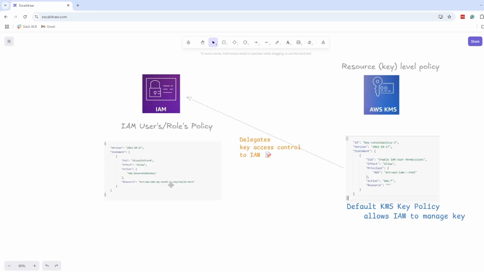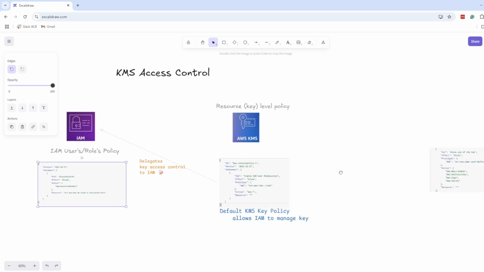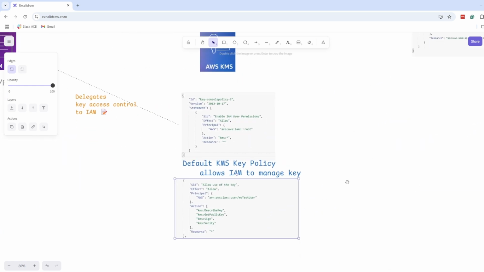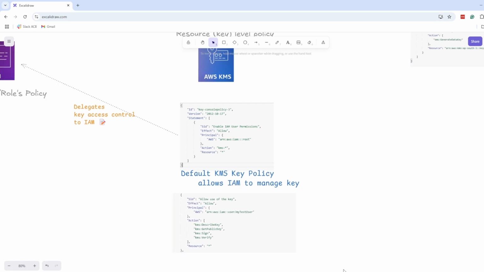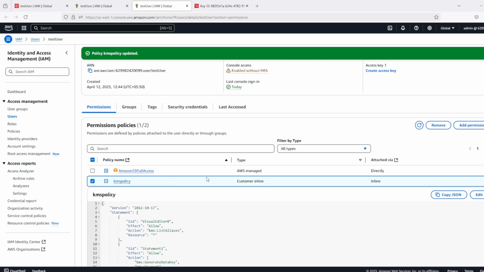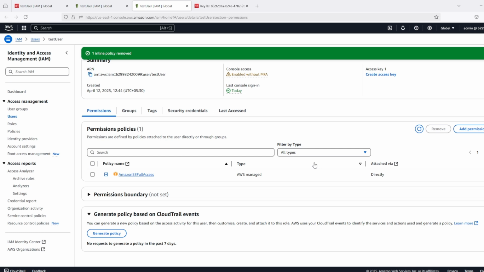Till now we added permissions at IAM level. Now let's see how we can add permissions at key level. So for that I will use the same test user, and let's remove this KMS policy, and this time let's